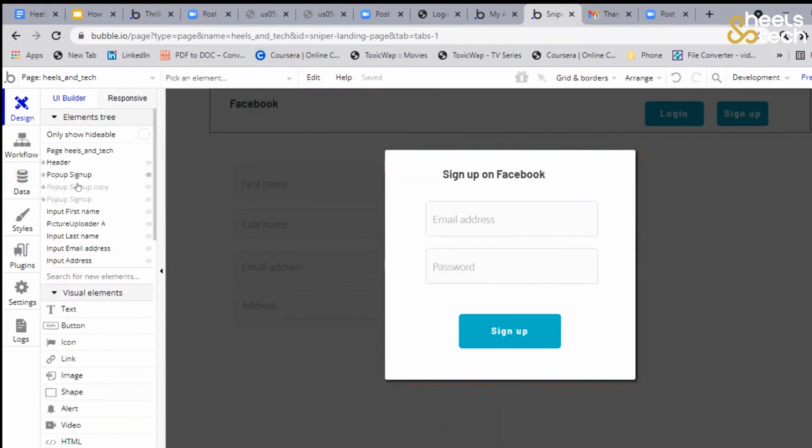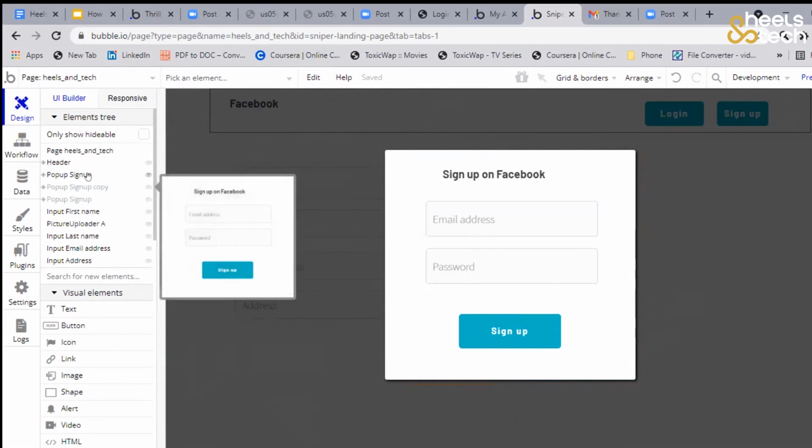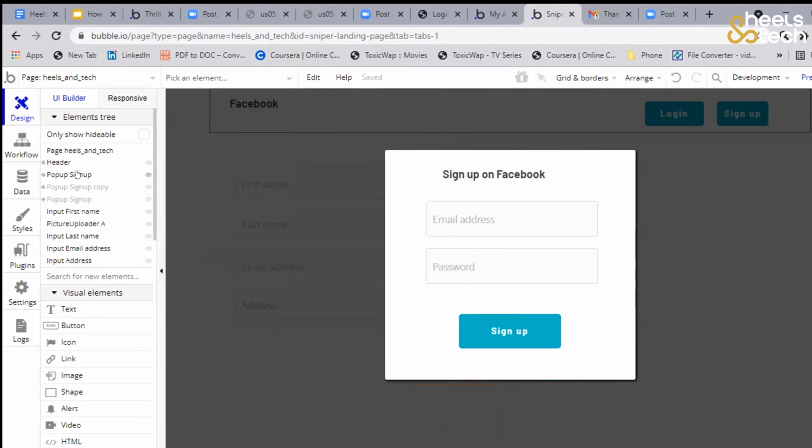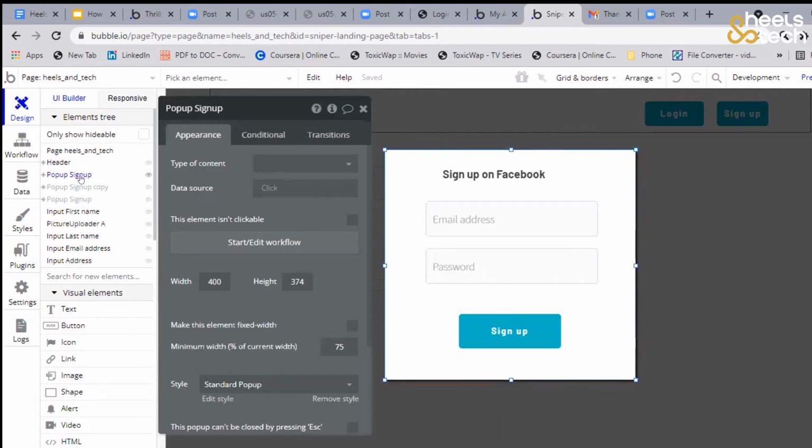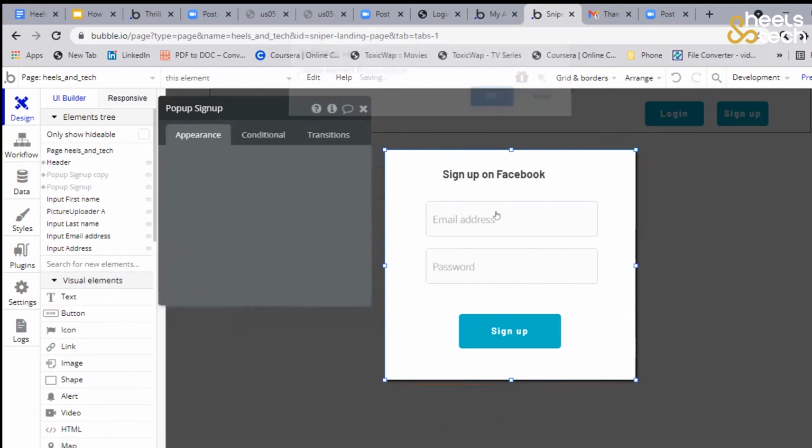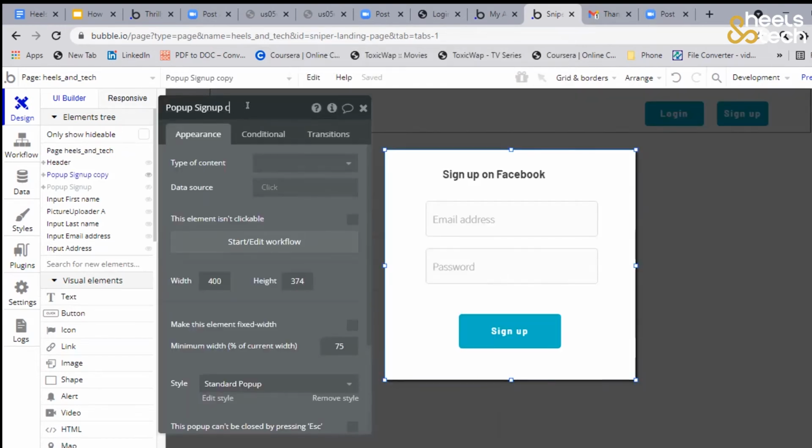Okay, let me be sure that I have. Okay, all right. So I've actually duplicated. So I've pasted several, so I just delete. Okay, so let's call this pop-up login. So what I basically did is I copied and pasted the first sign up pop-up I did. So pop-up login. This is for users who